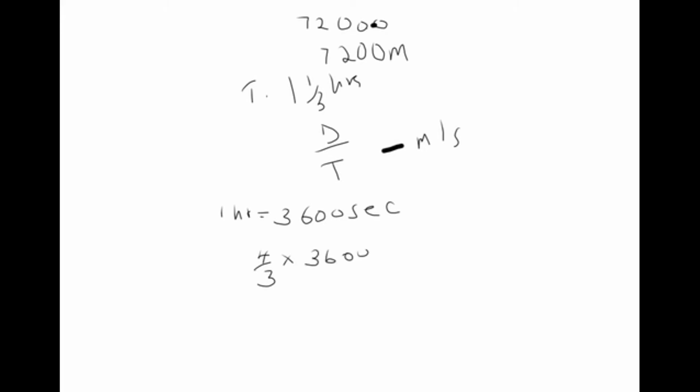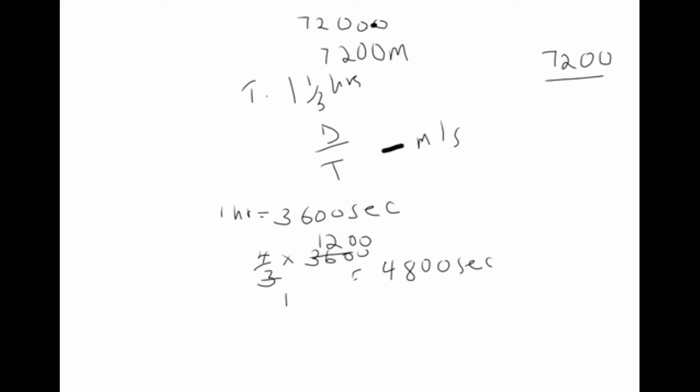Let us simplify by 3, 1 by 3, 1,200. 1,200 multiplied by 4, we get 4,800 seconds. Therefore, having our distance is 7,200